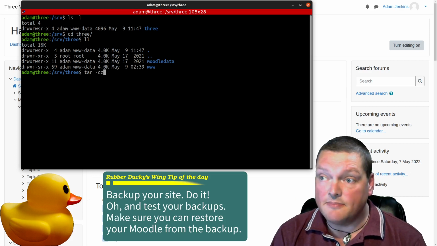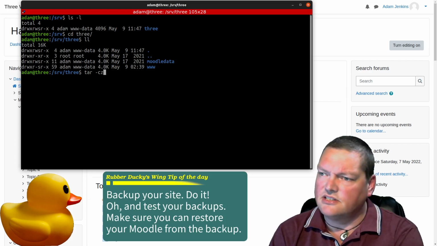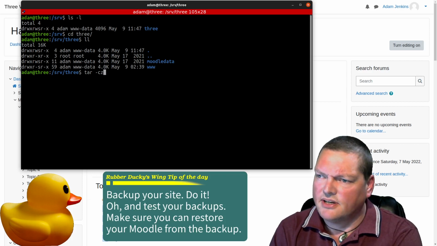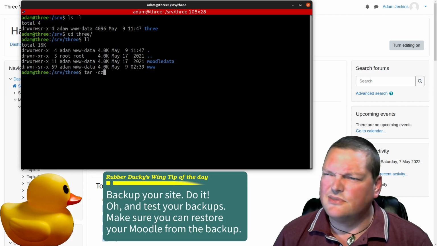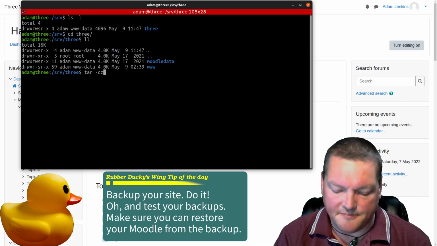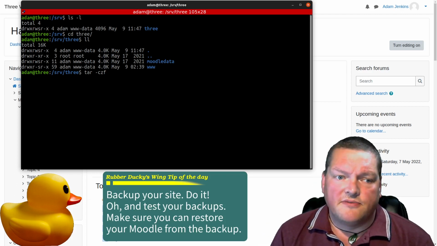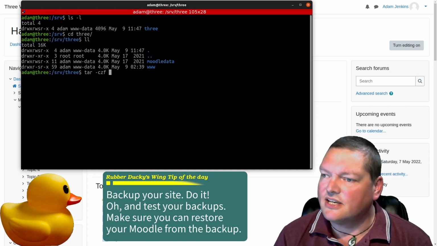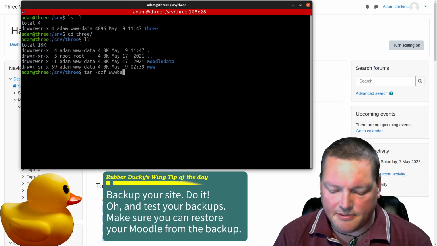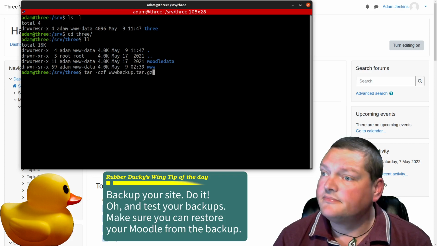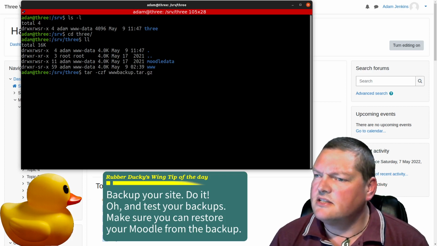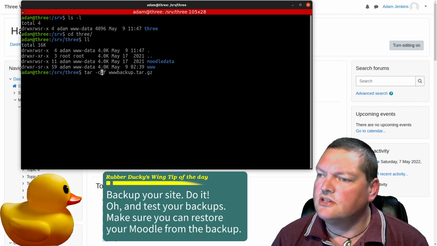We're going to zip it up, so it doesn't waste disk space, and we're going to specify the file name. So let's say www backup .tar.gz, and that's because the Z switch here is using a type of zip based on gzip,